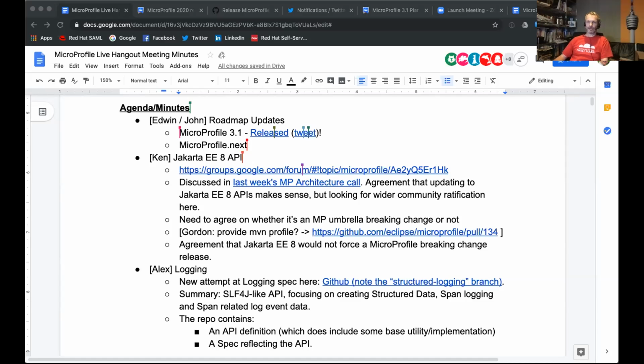I think so far we have been failing with a common parent POM for these kinds of things. Each spec has its own parent POM, which does not link to a common MicroProfile parent POM. There were a few efforts to finally fix that, but I'm not aware that we really did it.